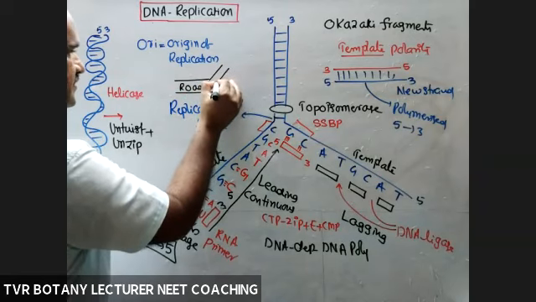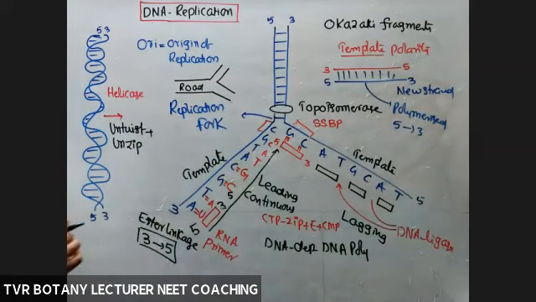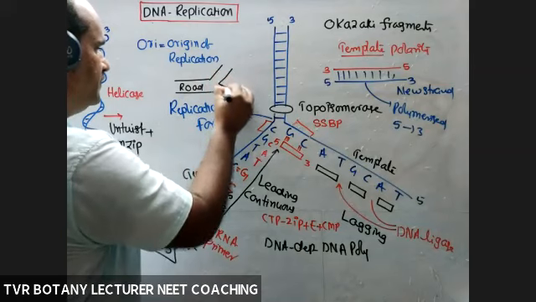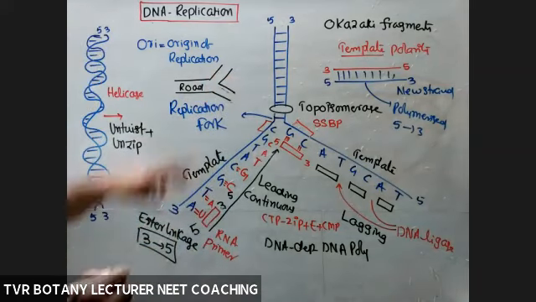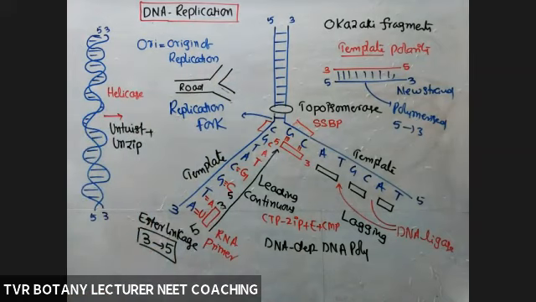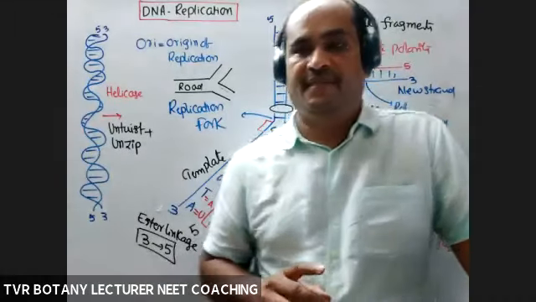So here the road is bifurcated, Y-shaped or not? So this is called a fork point or Y junction. This is a fork point. Okay, is it clear? Right. So that is about DNA replication.